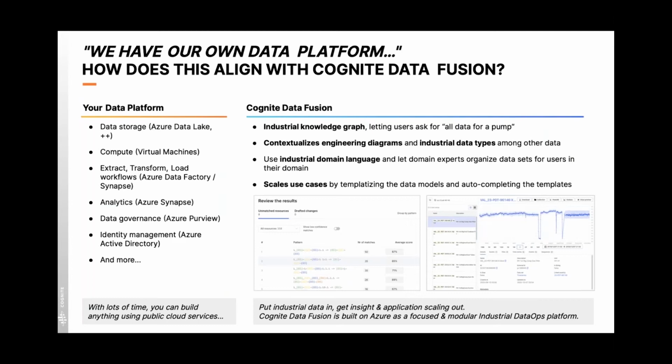And in the interest of time, so we can move into the demo, you can, of course, obtain the materials in the live recording later for higher fidelity examination. But with your own data platform, you are probably using public cloud services from Azure or some other public cloud service of your choice, or multiple.